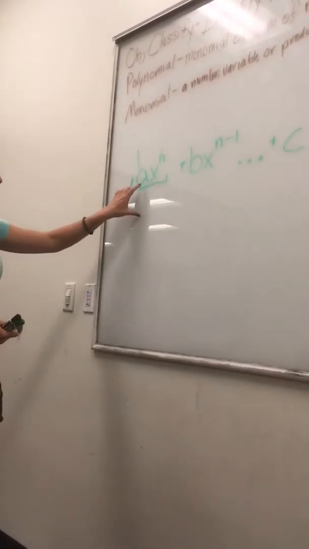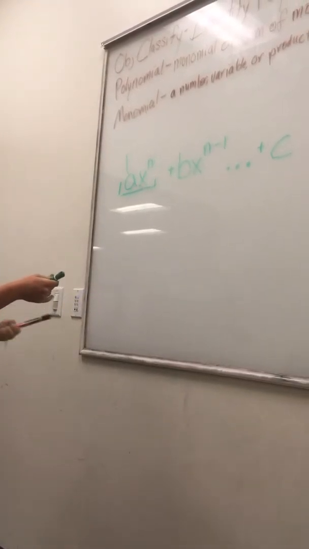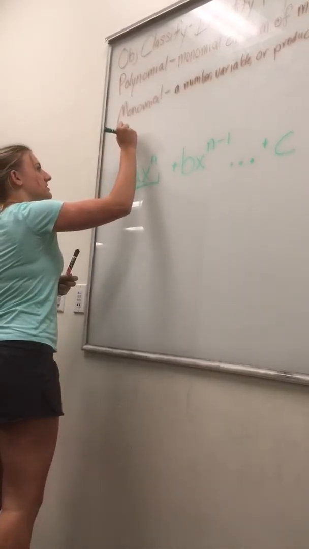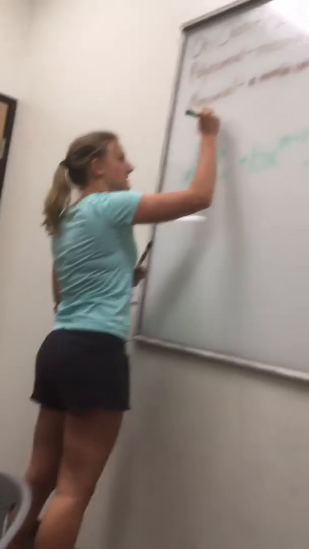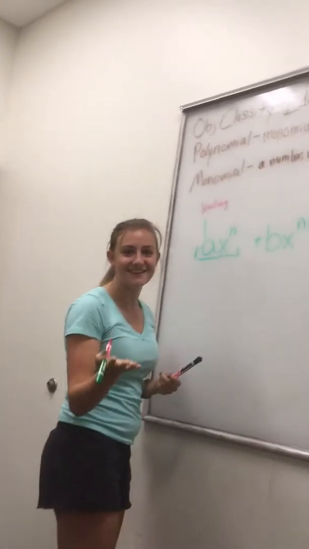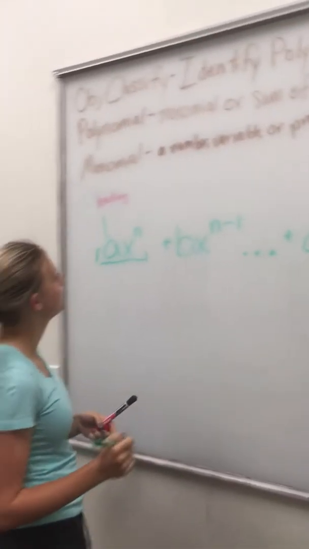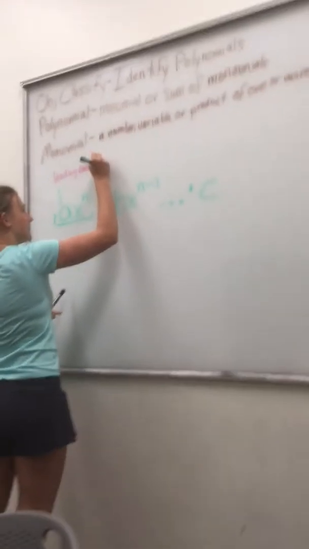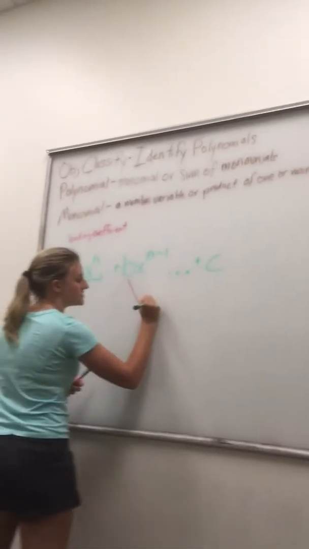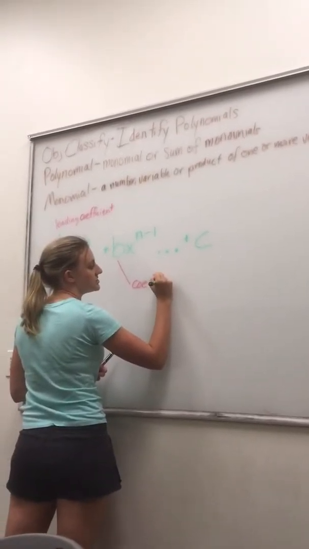So this a right here is called the leading coefficient. It's called the leading coefficient because it leads. It is the leader of the pack. This b right here is another coefficient, but it is not the leading coefficient,